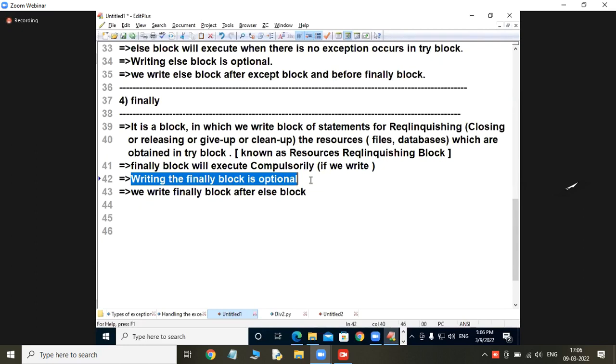I will handle the exception, but I don't write finally block. We write finally block after which block? So this is the placement of finally block.